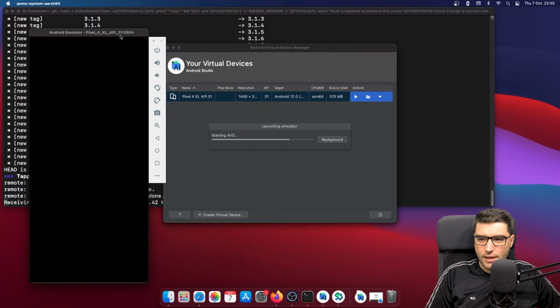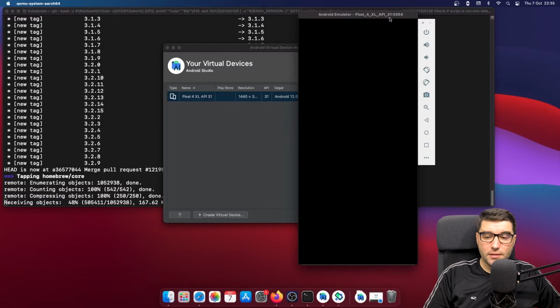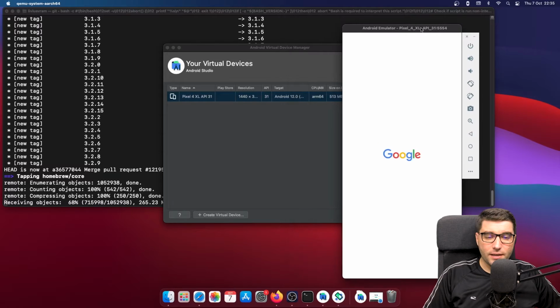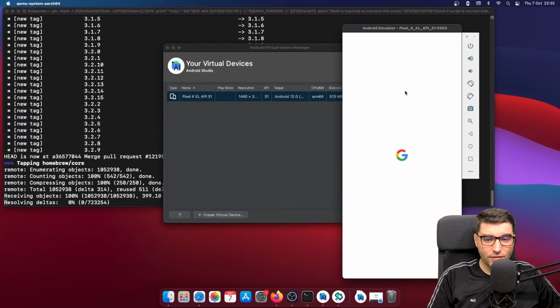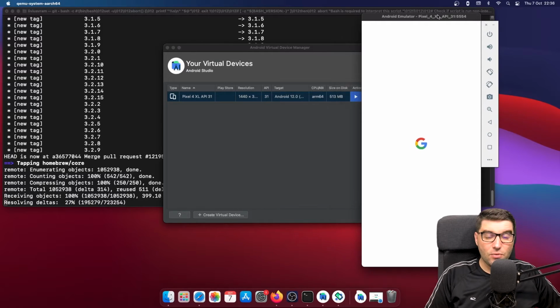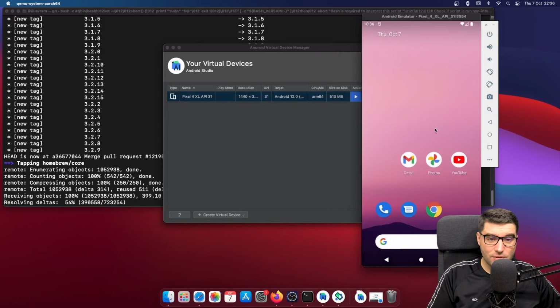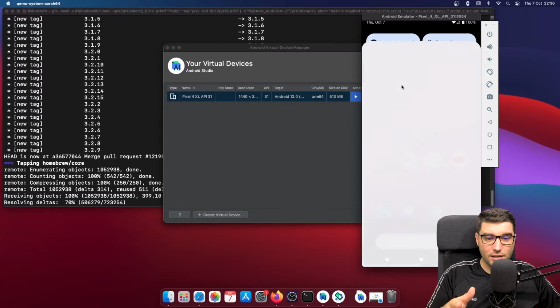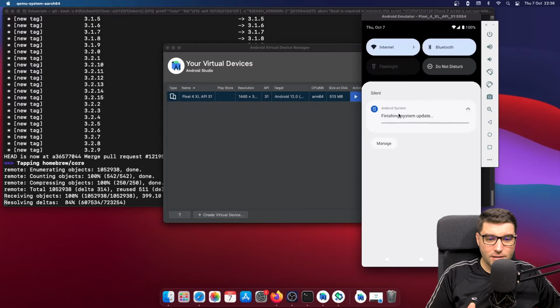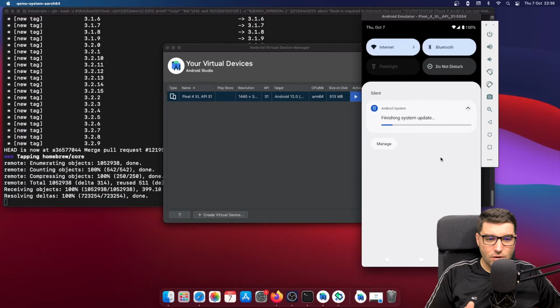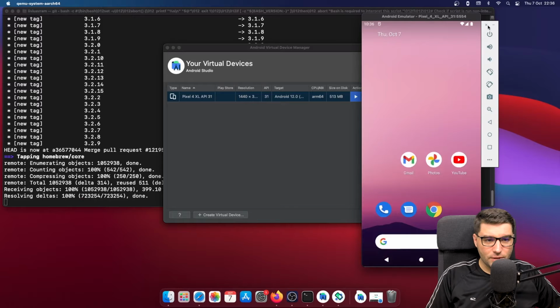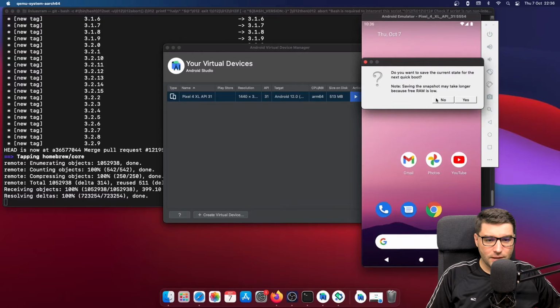Okay, and already, simply by installing Android Studio, I have the opportunity to launch an Android emulator that runs perfectly. So we are halfway there. We have Android Studio installed, we have the emulator installed, so we don't need this for the time being.